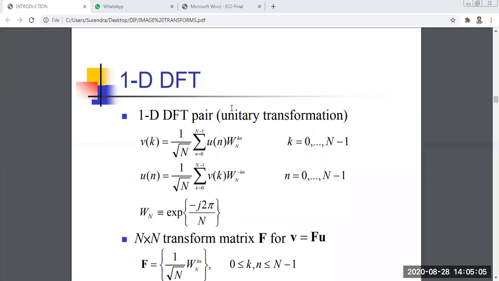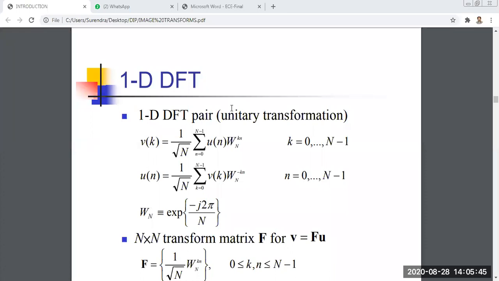Generally we have 2 domains in signal processing, the time domain and the frequency domain. In one dimension, we transform from time domain to frequency domain, and frequency domain to time domain in the reverse process. That is for signals. But in the case of two-dimensional images, we use spatial domain to frequency domain and back to spatial domain. Of course, spatial domain is analogous to the time domain.